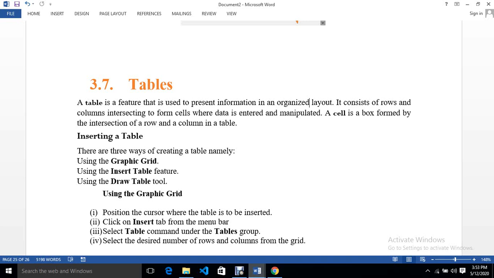Okay, so now let us read a bit. A table is a feature that is used to present information in an organized layout. It consists of rows and columns intersecting to form cells where data is entered and manipulated. Remember that a cell will be an intersection between a row and a column. Many cells make a range; a range of horizontal cells makes a row, while a range of cells in a vertical line make